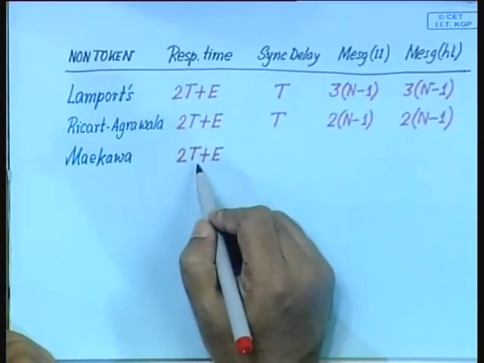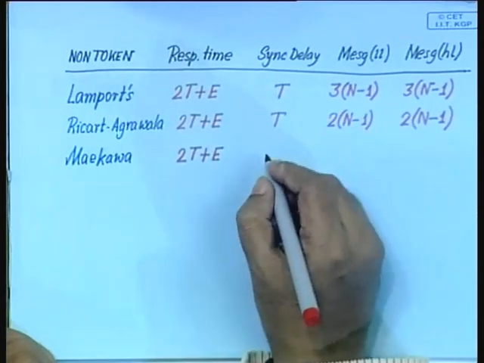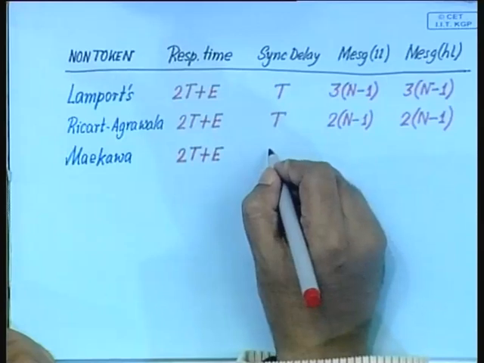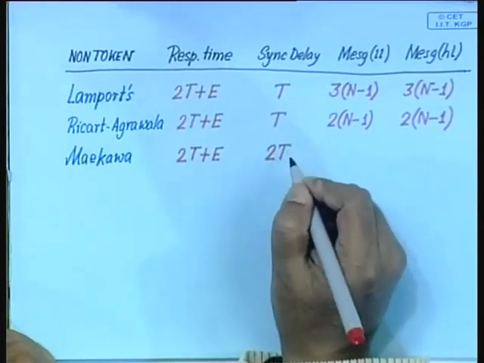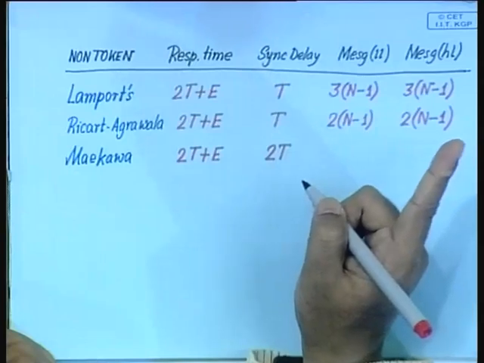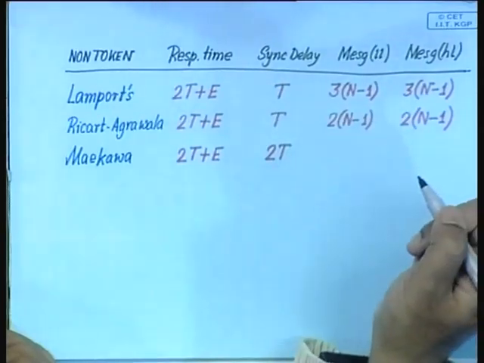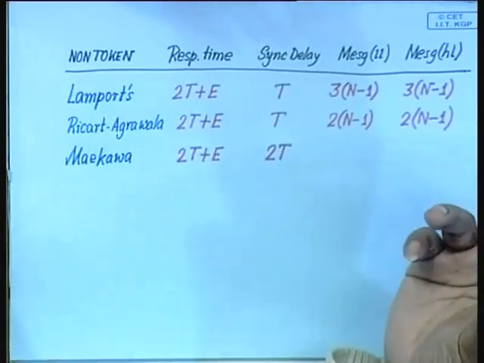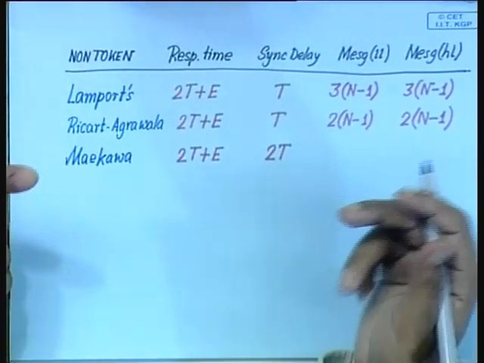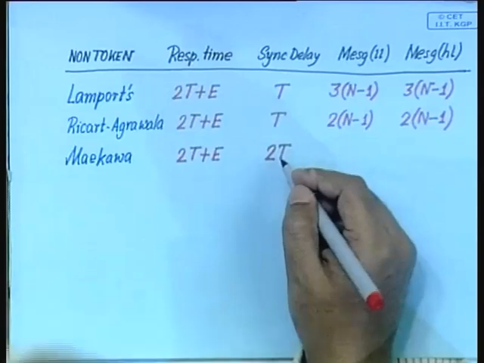So, that is the amount of delay. Synchronization delay 2T. Why? Because the mediator will get the release and then give the permission to the next one. For Si and Sj, the intersection of Ri and Rj will get the release and then give the permission